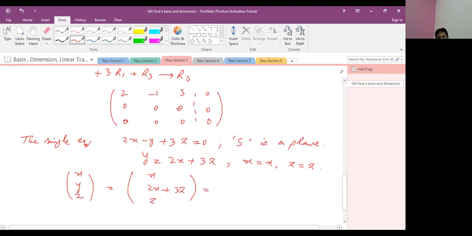So if we take x in common, (1, 2, 0), plus z, if we take in common, (0, 3, 1), the coefficient of z. If we write it here,